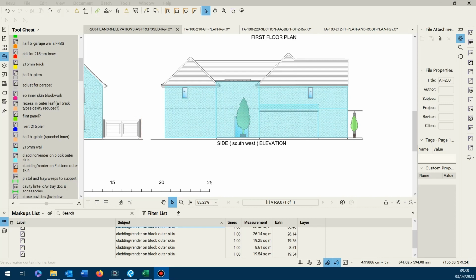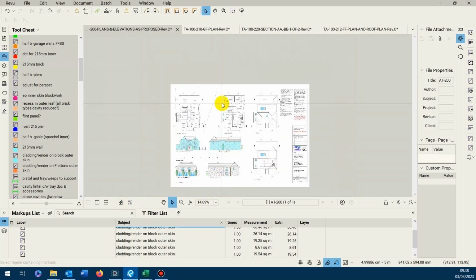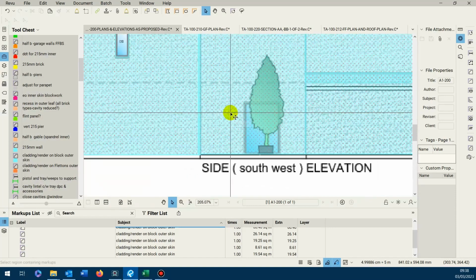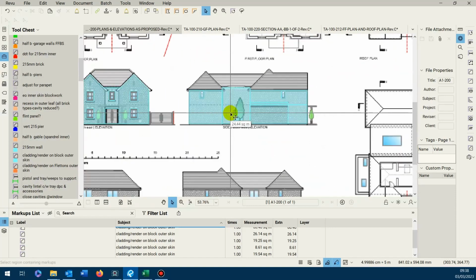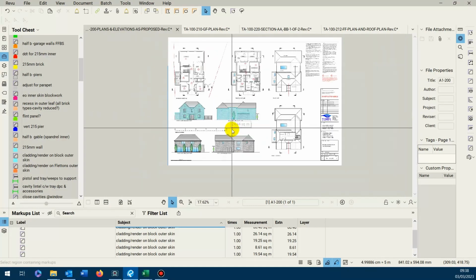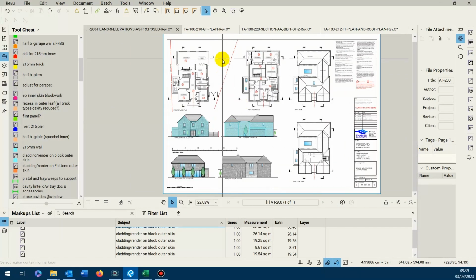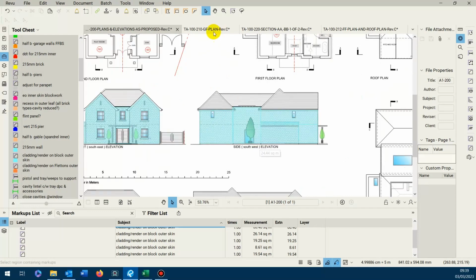Just a couple of tips to help you with your elevational taking off. On this particular one here, you can see I've got some recesses in the elevations, and the way I deal with those quickly is I will go into the ground floor plan